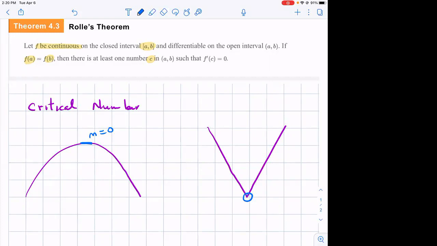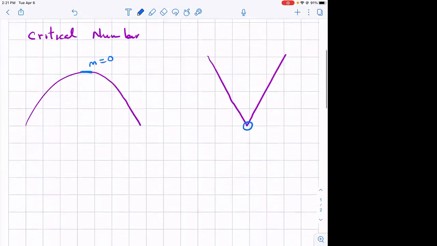Okay, so that's your critical number, right? So you need to understand what a critical number is, class. By taking the first derivative and setting equal to 0, you will find your critical number, okay? Now, Rolle's theorem is saying that, so for Rolle's theorem,